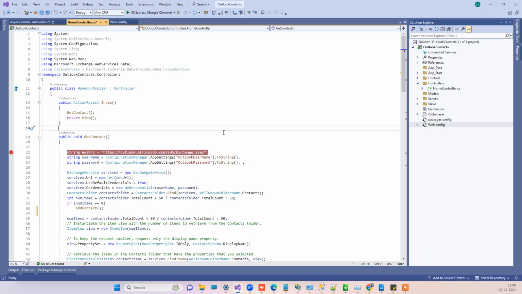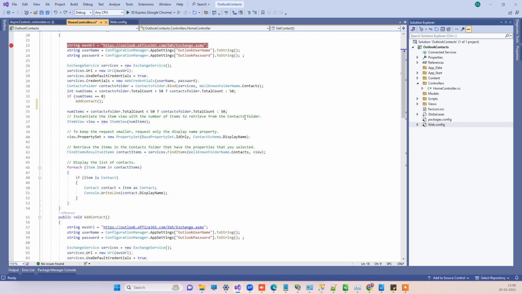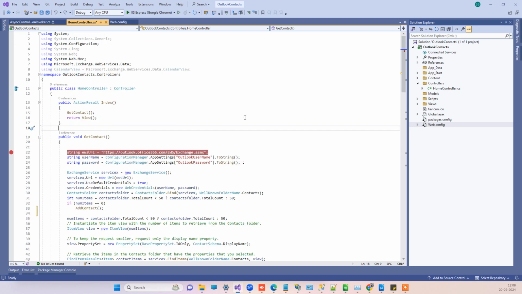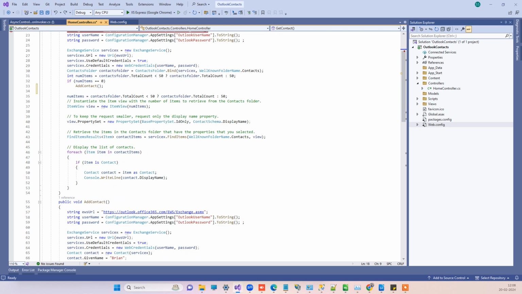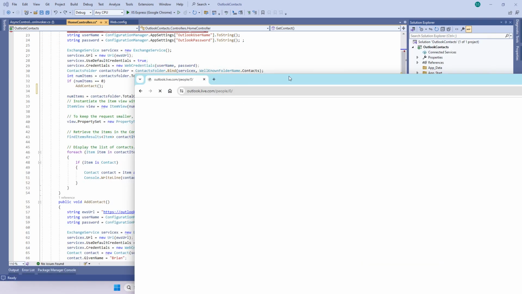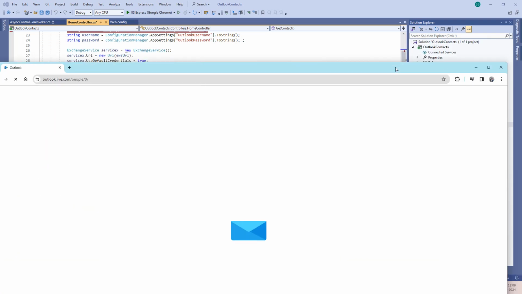So in today's video guys, we will see how you can get the contacts from Microsoft Outlook account, and also how you can add a new contact to Outlook account using ASP.NET. So first of all, what we will see is, so this is my Outlook account that I have login with,